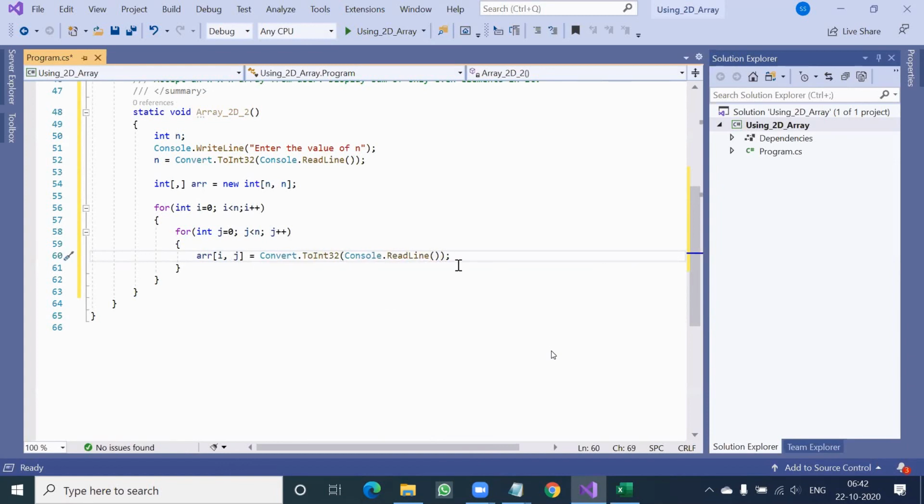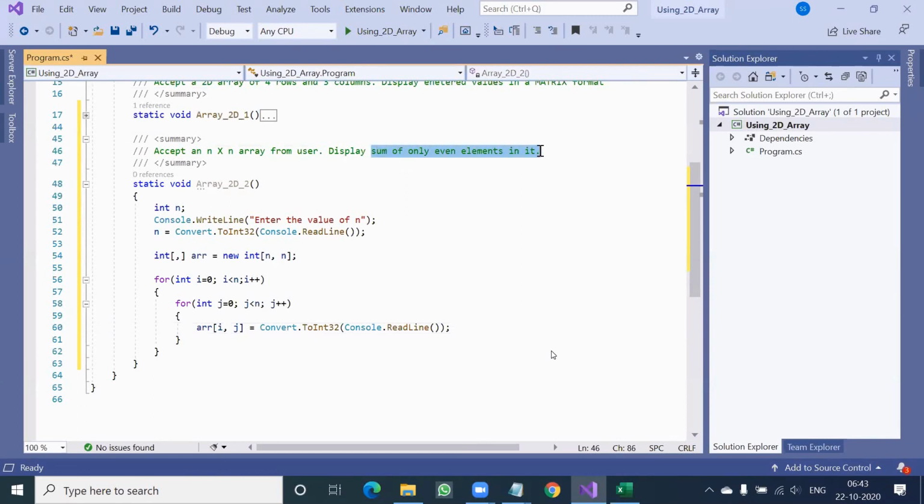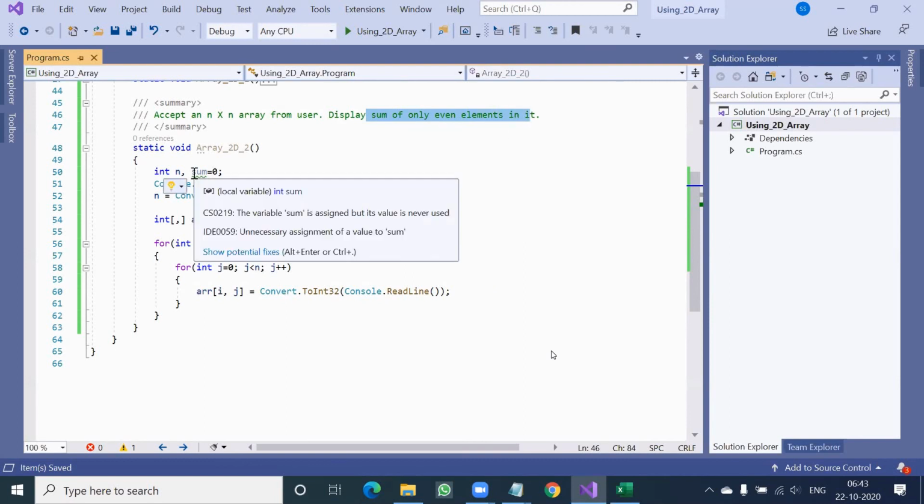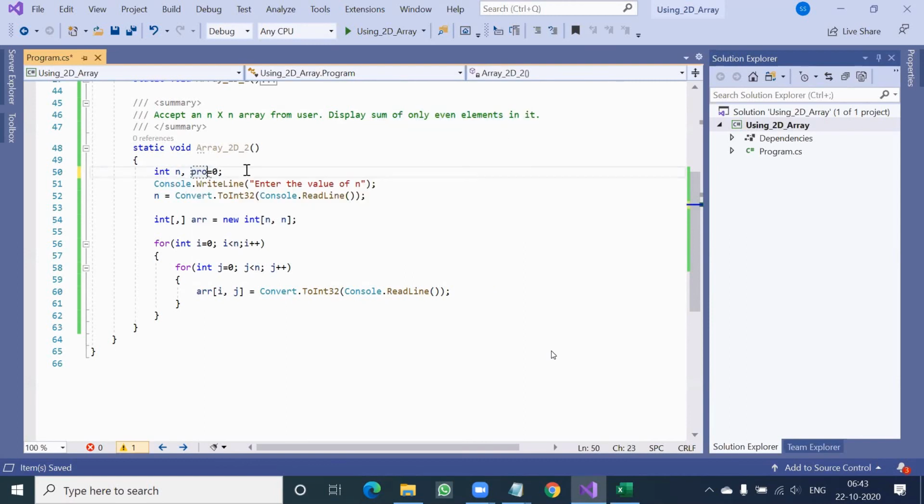And I want sum also, as you have seen in the second part of the program. So if you need sum, then why not take one more variable at the top, sum equal to 0. Why 0? Because 0 plus anything, no change. If it is finding the multiplication of all the numbers, then perhaps I could have taken product equal to 1, like this. Why? Because 1 into anything, no change. So I took sum equal to 0 because 0 plus anything, no change.